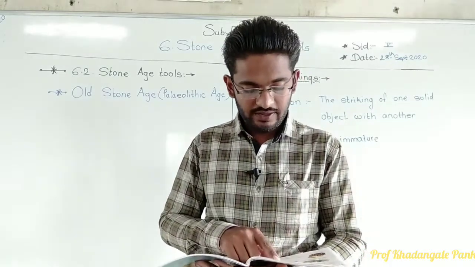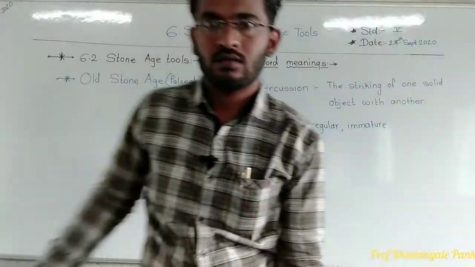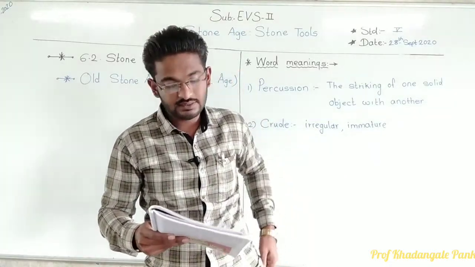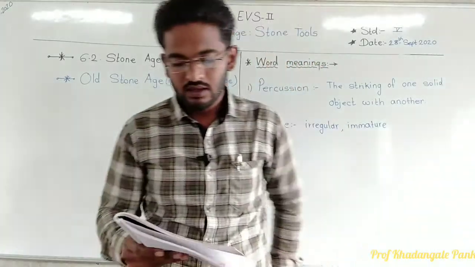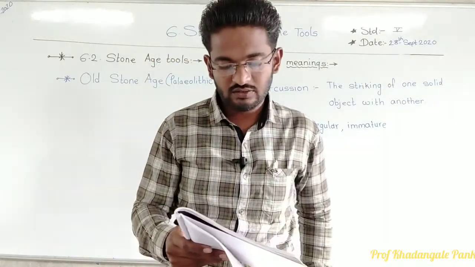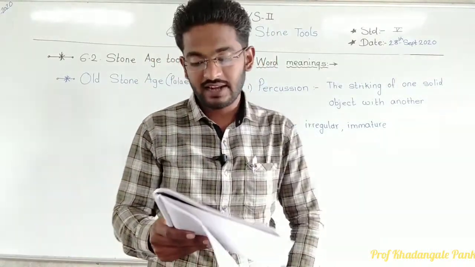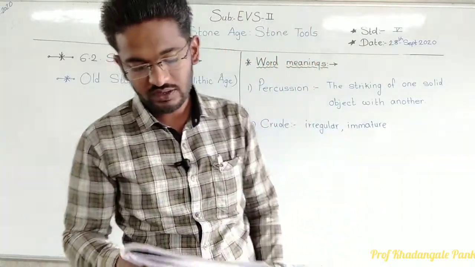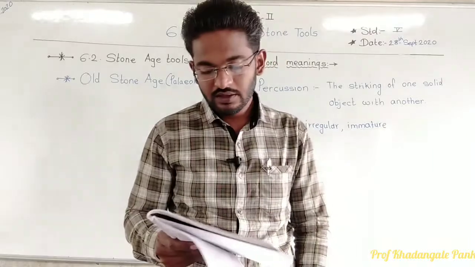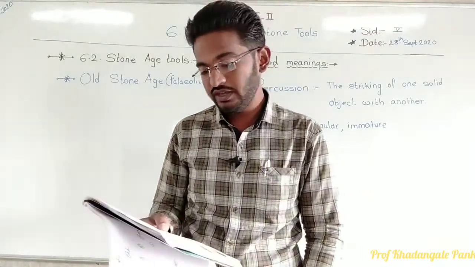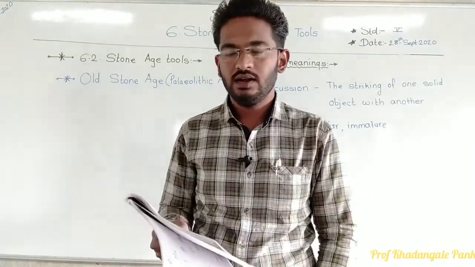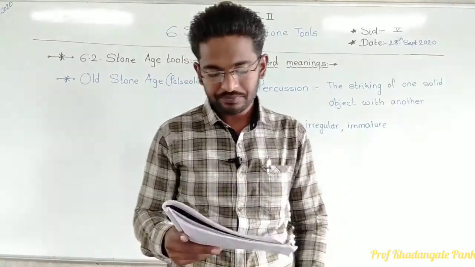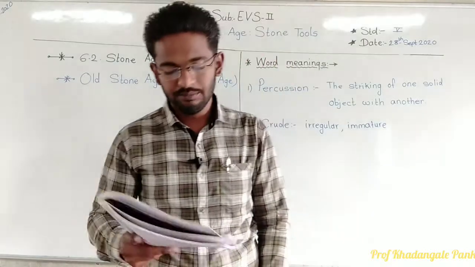To obtain stone flakes, he used things like antlers as hammers. He further sharpened the edge of those flakes by scraping off smaller pieces to make a very sharp edge. It means that Homo erectus was using different tools for different tasks according to the demand of the task. Okay.